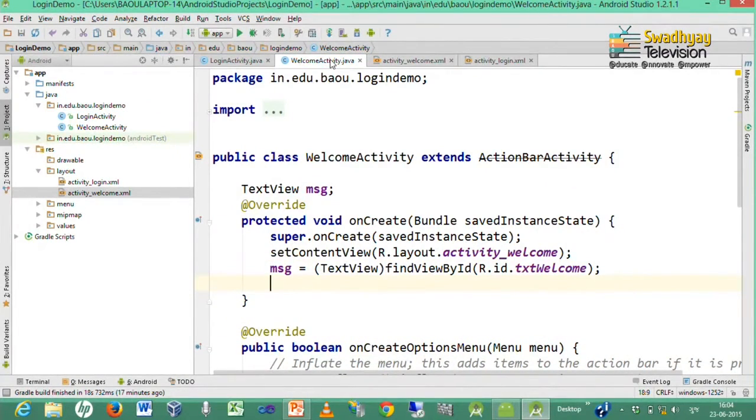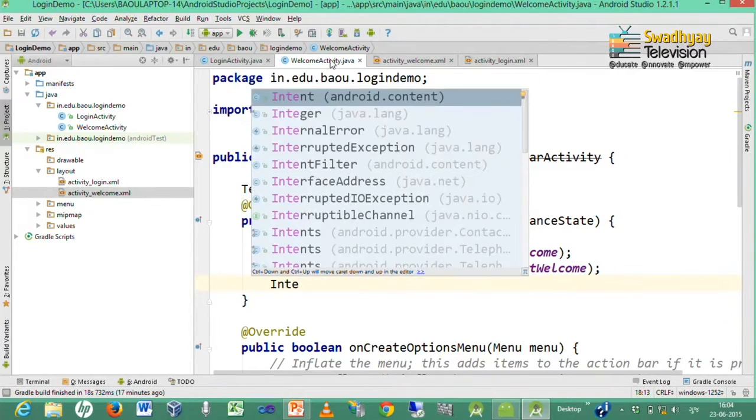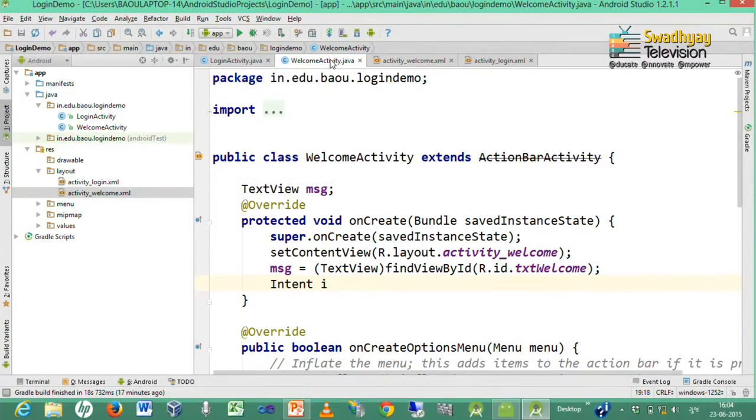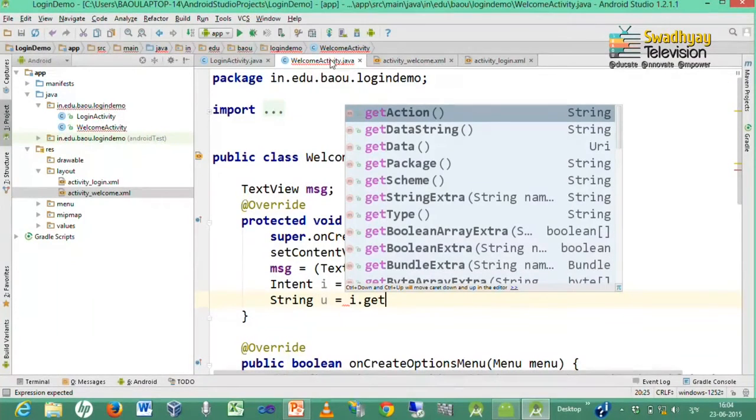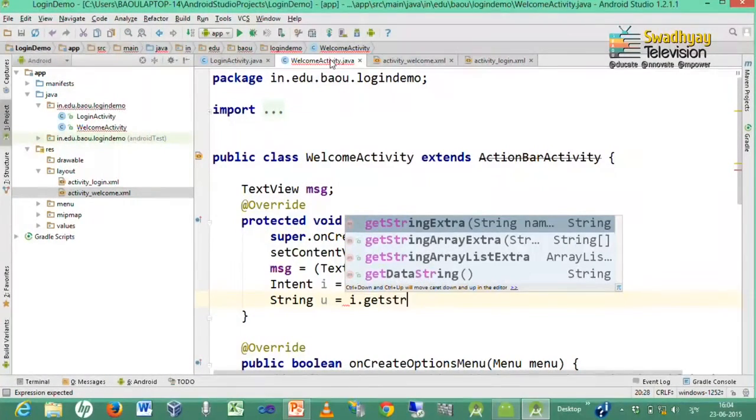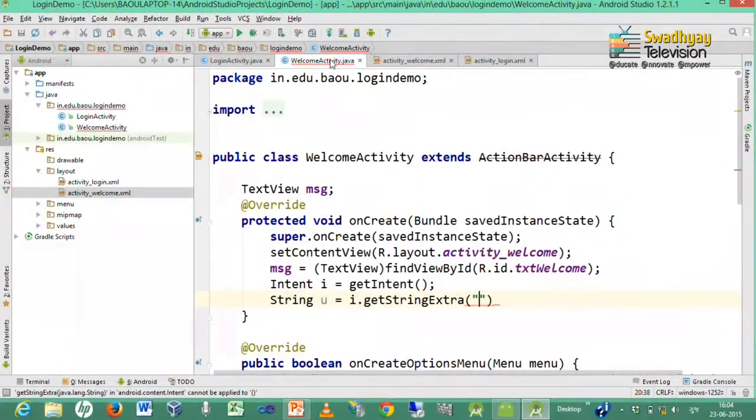and here we can get intent by calling method get intent. So, here we receive intent sent by login activity, and we can separate data sent inside this intent using variable value i dot get string and name for our string is username.